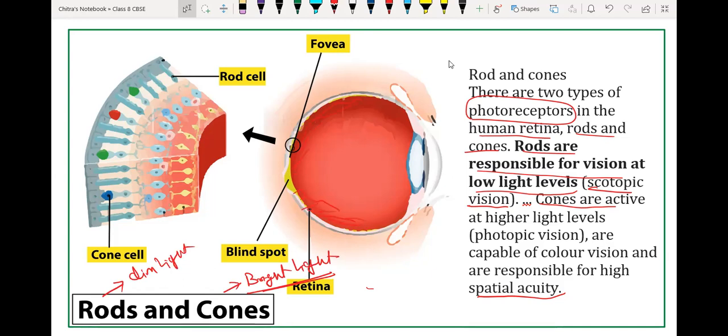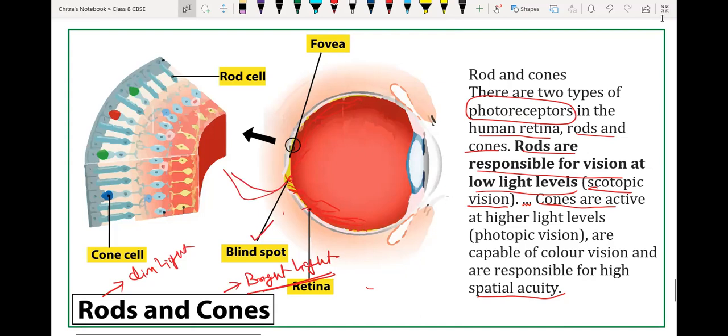At the retina, all the cells are meeting at that particular point, and from here the optic nerve is emerging towards the brain. So it is the point of the retina where an image is not formed because no nerve cells are present here. It is just the junction of all the nerve cells combining there. That point is called the blind spot, and from here the optic nerve emerges and travels toward the brain.